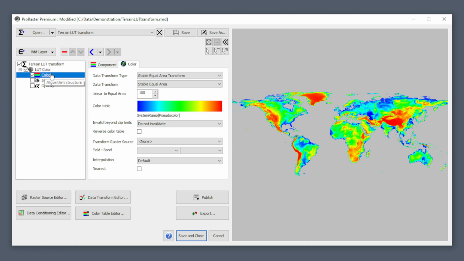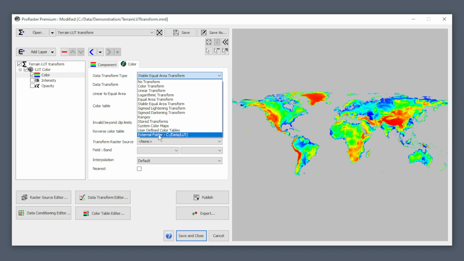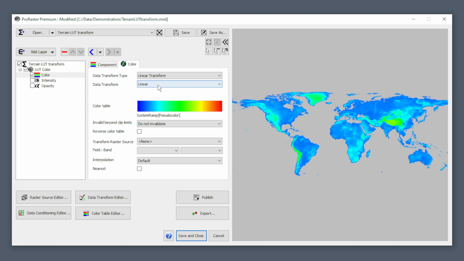In order to define a data transform, you'll go to the color page or red, green, blue page, go to the color page here, and then you have a data transform type, which has a long list of different transform categories. When you select a transform type, you'll then get a data transform member, and you can select a specific transform from here. So that's how you'll select your transform from these two buttons right here. That's the entire story. However, where the data transforms come from is a different story, and there are 3 or 4 different ways that you can